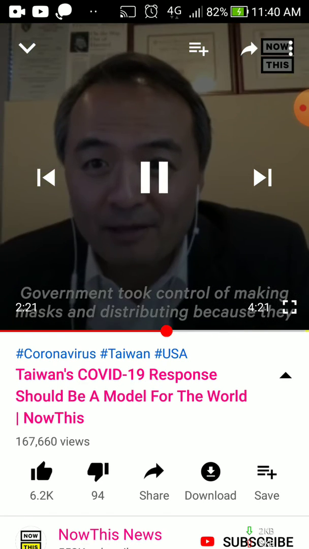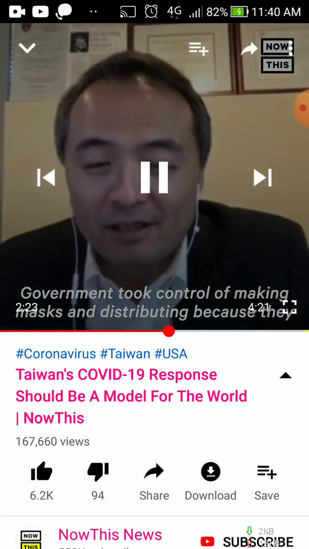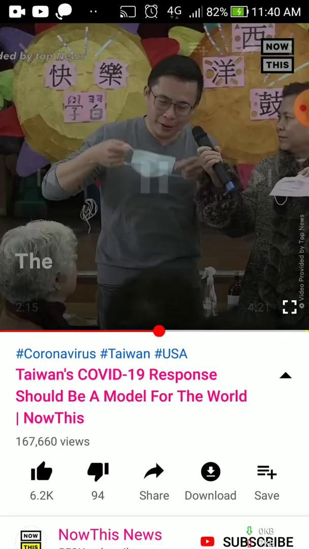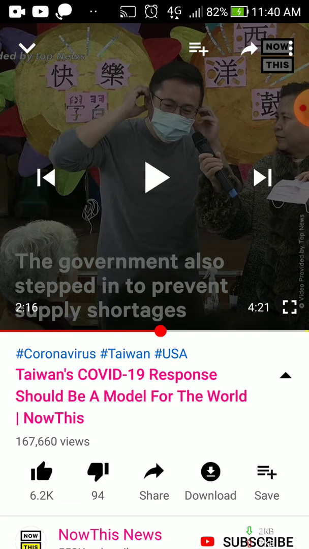Government took control of making masks and distribute them because they realized people will hoard it. The government also stepped in to prevent supply shortages. 所以这边呢，大家可以写说 to prevent supply shortages。那这边是去预防一些供货的短缺。例如说有一些事情的发生，所以大家去囤货，所以为了要预防这些供应的短缺。